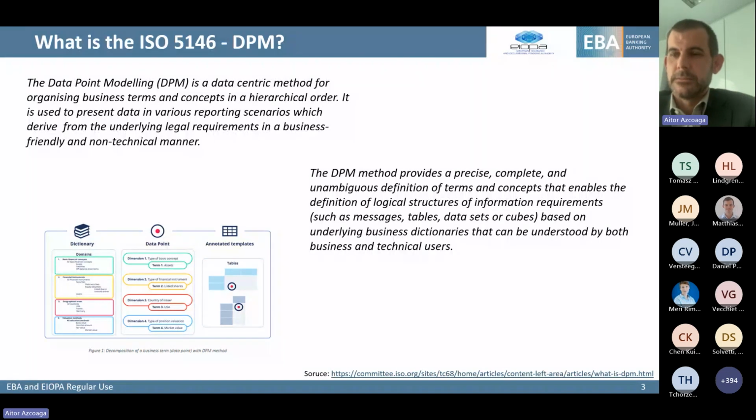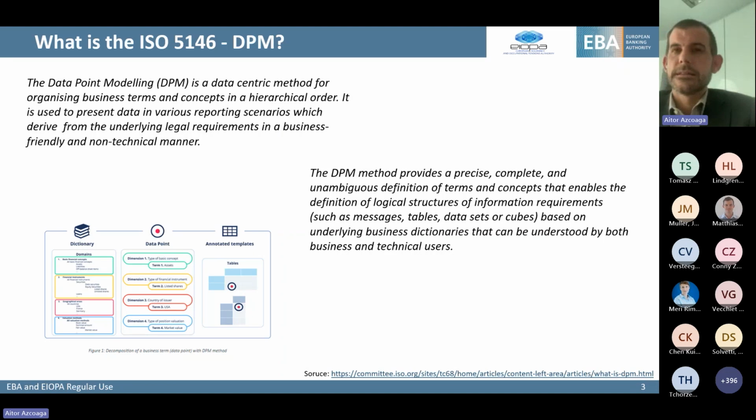We took the DPM back in 2011 or 12. EBA, I think, started to use it, and we followed EBA. We heard about EBA, which was also EIOPA at the time, before starting the regulatory reporting on Solvency II. We also adopted the data point model for development. Since then, the DPM has evolved and is now an ISO standard. It was adopted by ISO about 2-3 years ago. It was a European standard already in 2014 or 15, but evolved to an ISO standard. This is ISO 5146, so we are not using something outside of standardization.